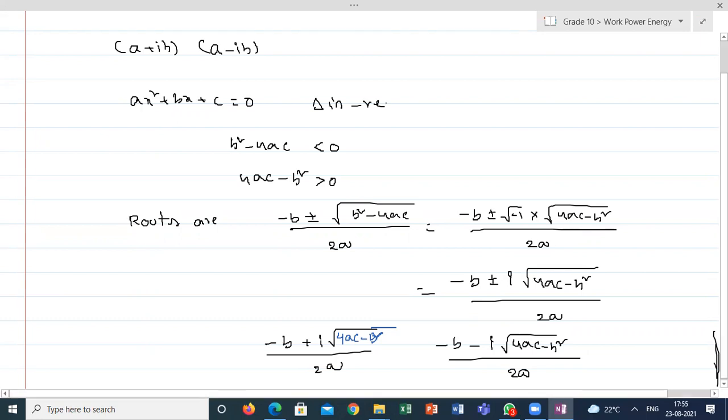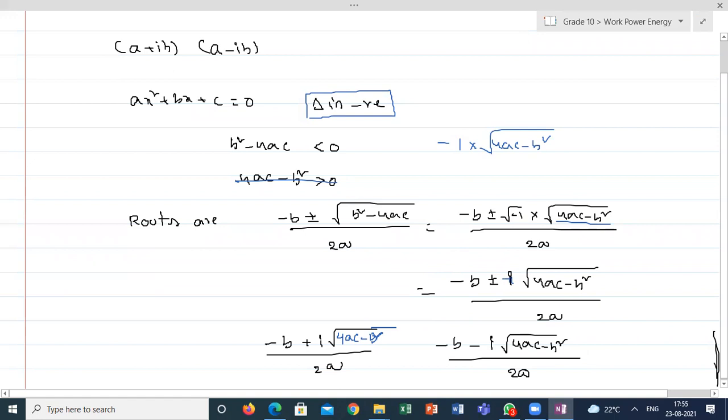Students, are you clear? Why did you include a root of -1? Yeah, because I already know I am giving delta is negative. If delta is negative, it means if I'm taking minus common, how will I get 4ac minus b square, to prove the roots are conjugate to each other. I'm representing the roots in complex form, so I took minus out because I already defined the delta is negative here.